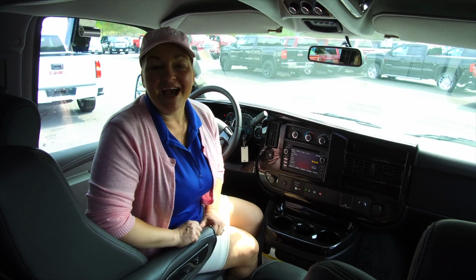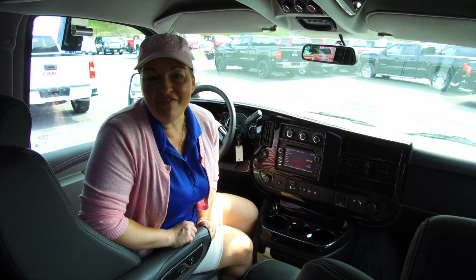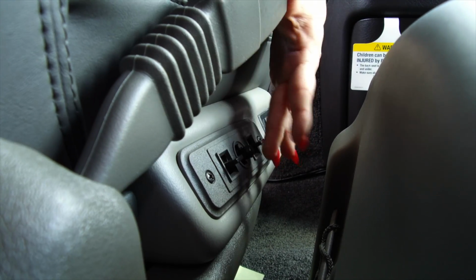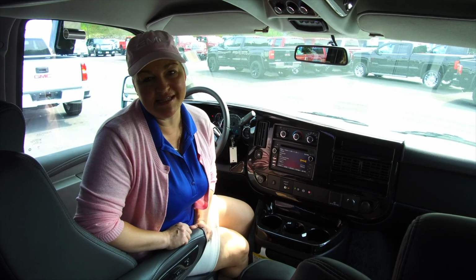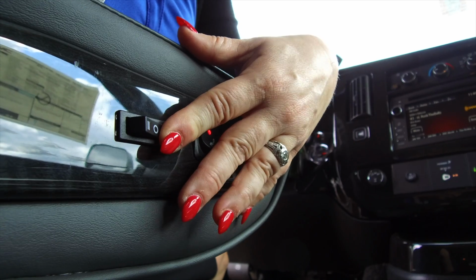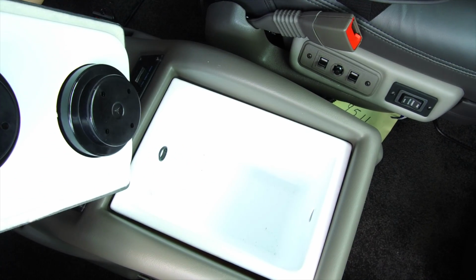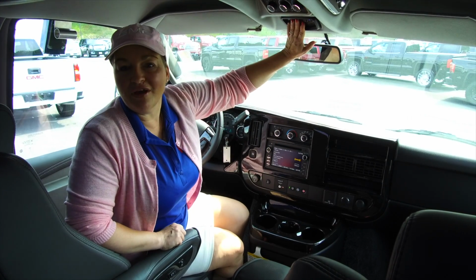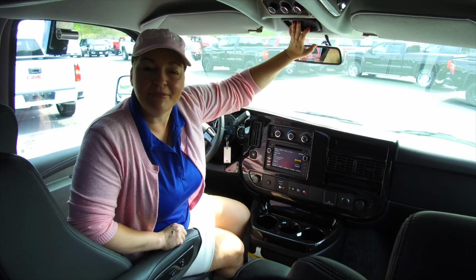lot easier. As I mentioned before, these seats are incredibly comfortable, but for somebody who's 5 foot tall like me, even better yet is the 8-way power seating. It means that I can get up and forward and see out of this large vehicle just as easy as my husband can. The seats are also heated, which is a creature comfort we all enjoy, and even better than that, there's a cooler dead center, so you can pack those snacks and stay on the road instead of making those frequent stops. Now here in the forward, we also have adjustments for the lights. There's all kinds of great mood lighting in this vehicle, and I'm going to show you that in just a